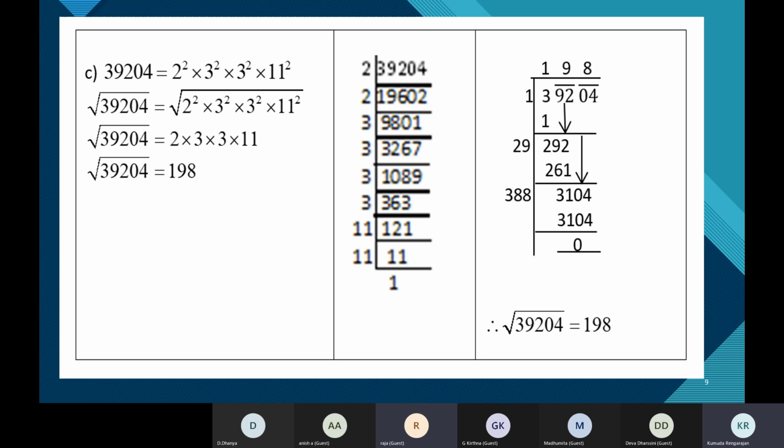See, children, you have to get your doubts clarified. A mistake you might make is forgetting to put the 0 here. When you divide by 2, you might have written 1962, forgetting the 0. Zeros we sometimes forget to write, or don't realize that mistake. Then we might not have got these factors. The 0 here happens in many places. See here, and here. If you have not got the correct answer, kindly take a screenshot of the answer.